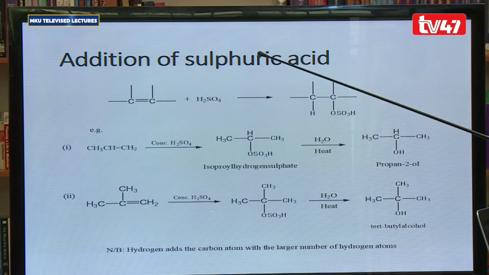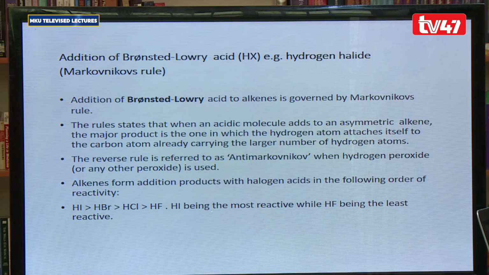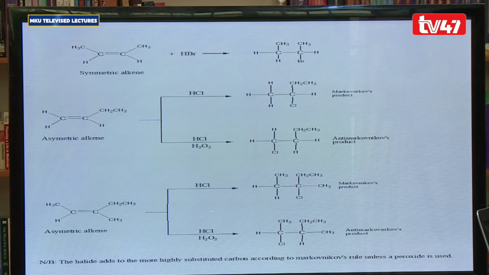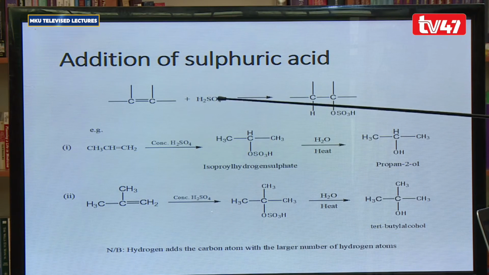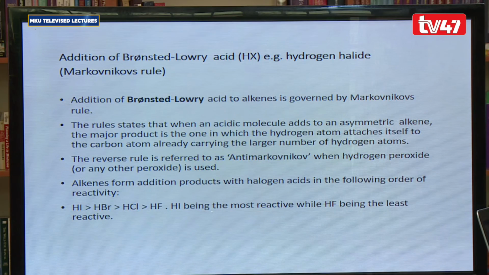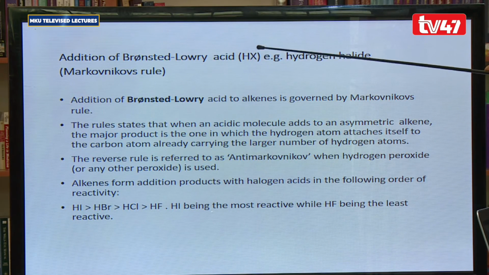Generally, we'll move to addition of acids, or molecules of the form HX, because looking back, molecules like sulfuric acid can be seen as molecules that can give hydrogen ions and anions. So the reaction in such molecules follows a similar formula to all molecules that have the formula HX,